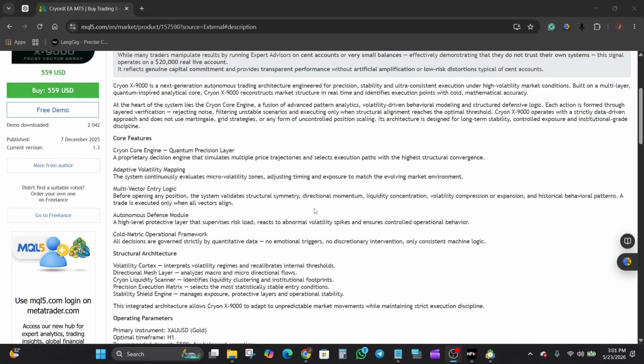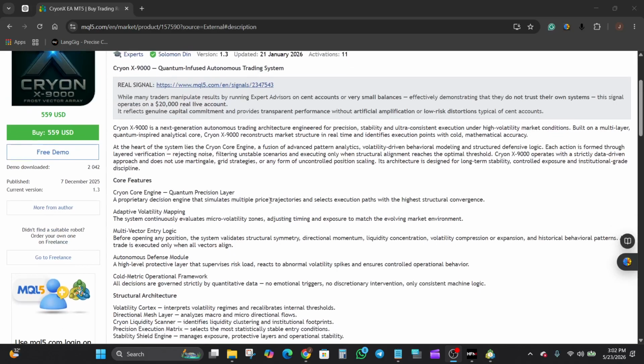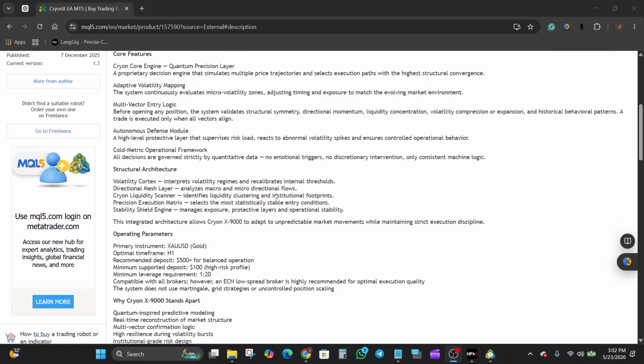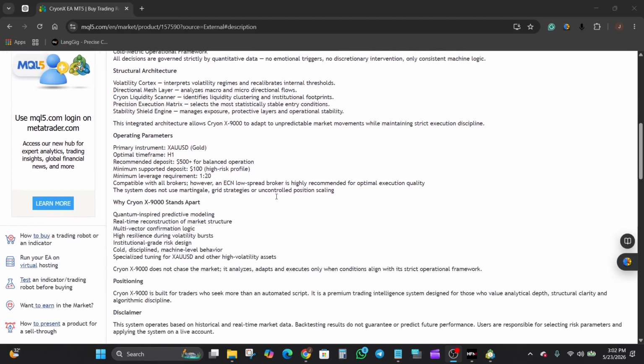Now, the marketplace page also highlights several internal modules, including volatility mapping, liquidity scanning, and a defense layer designed to supervise exposure during unstable market conditions. So overall, the system seems heavily focused on filtering market conditions before taking positions rather than simply increasing exposure during drawdown periods. Now, moving into the operating parameters section, the EA is mainly optimized for XAUUSD on the H1 time